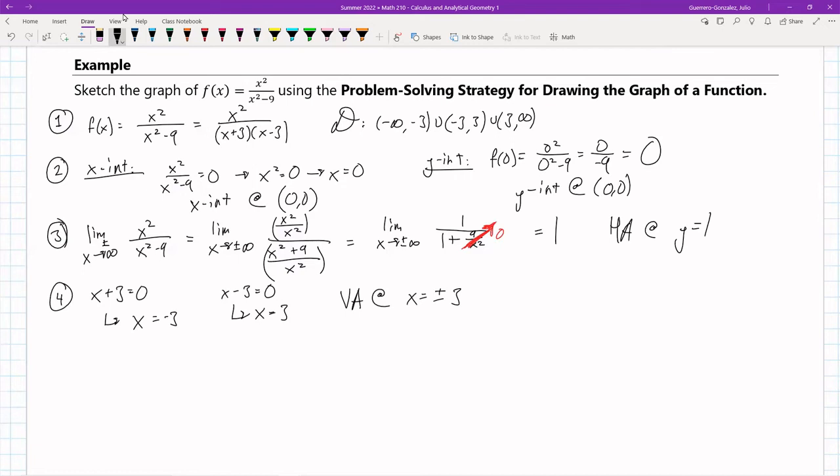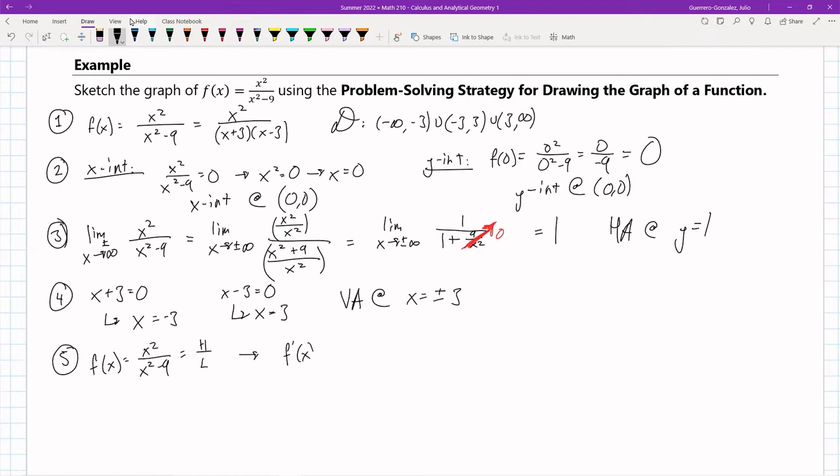Okay, here comes the fun stuff. So let's go ahead and do number 5. Five is where we need to find our critical points. So I'm going to rewrite it. F of x is equal to x squared over x squared minus 9. This means we have a high and a low. So therefore,